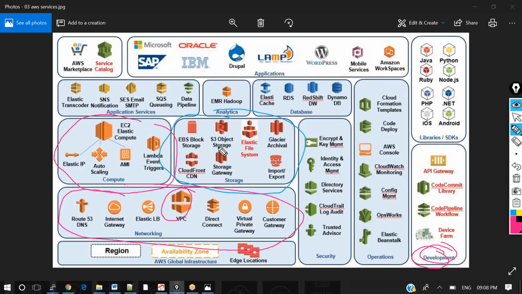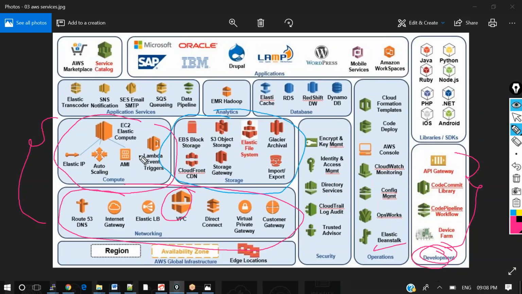Let's say here we have Chandra Bose as a developer, and this person can mainly choose these services. And if we are from the infrastructure background, like a Linux admin, Windows admin, storage admin, or network admin, then we can go for these services. And when there is a project requirement, we will also be using some of the operational services like Elastic Beanstalk, OpsWorks, Configuration Management, and so on.